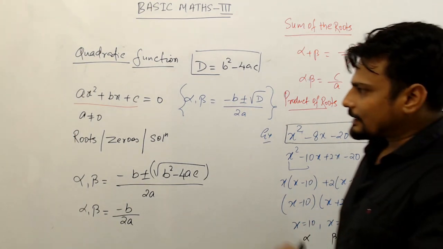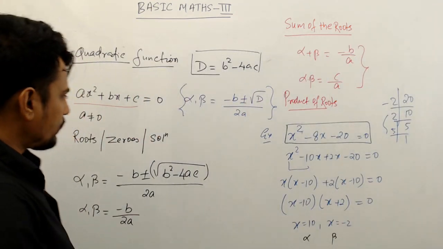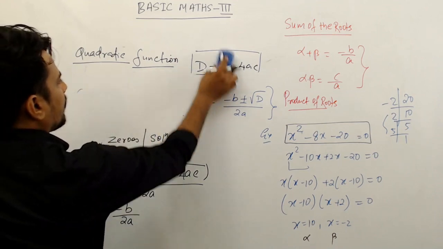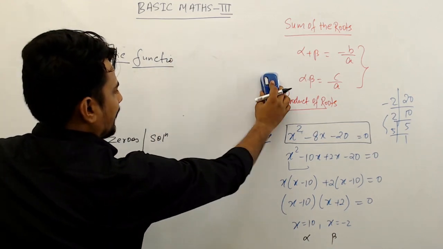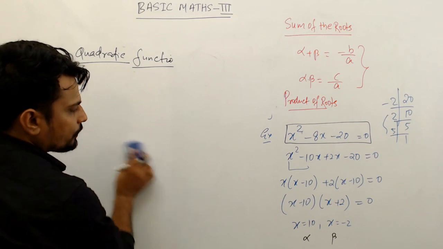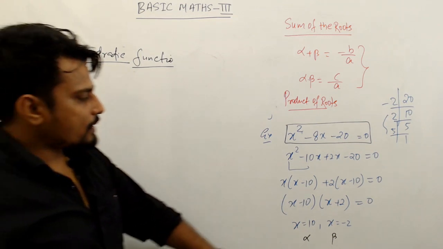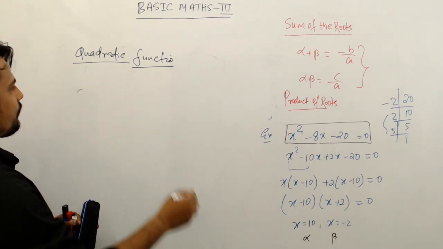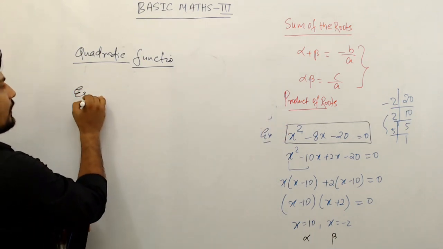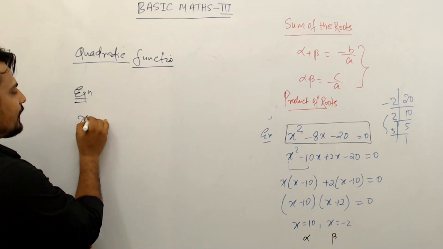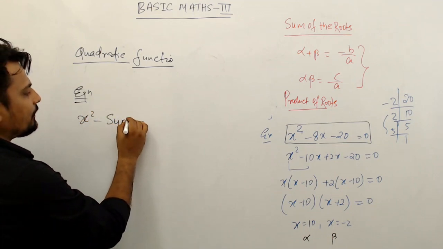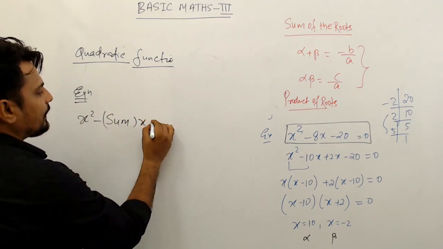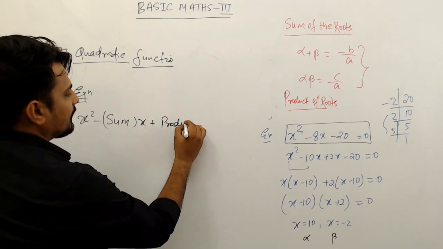Now I'm going to go vice versa. I'm going to go in the opposite direction. Let's say I have been given these two roots, and I was asked to find this equation. For that we have a special format that says the required equation could be written as x square minus sum of the roots times x plus the product of the roots